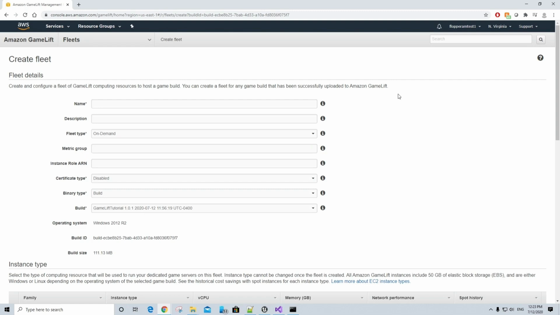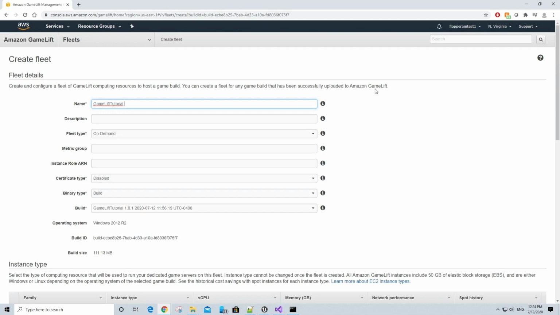So first, for the name of the fleet, we are going to follow a slightly different naming convention than what we used last time, since this is our second fleet now, and it's good to have a way to differentiate between fleets, similarly to how we have different versions for these server builds. Although for the builds, unlike what I just did, you should probably have different names for each build of the same game even. But for this fleet, let's go ahead and name it the name of the build first, so GameLift Tutorial,